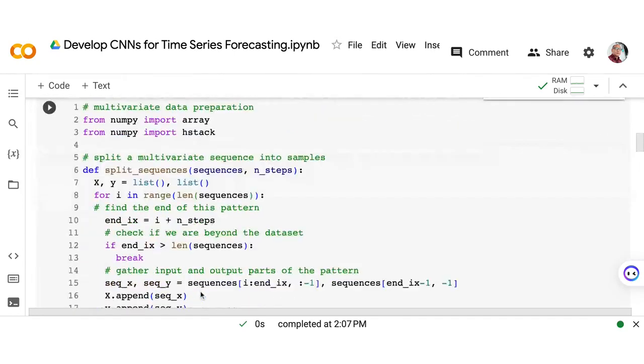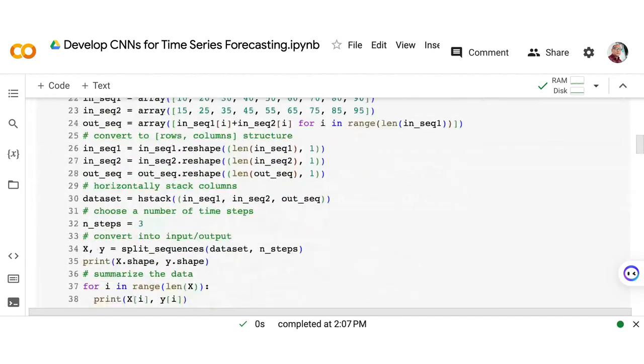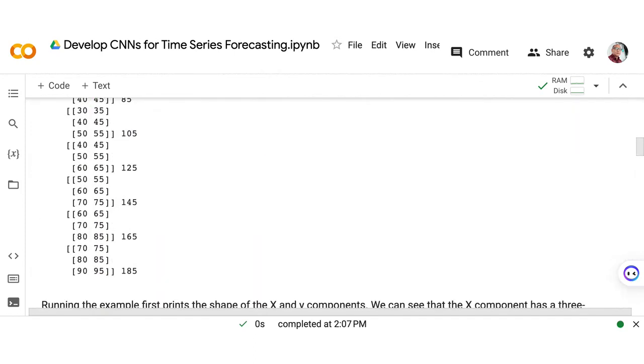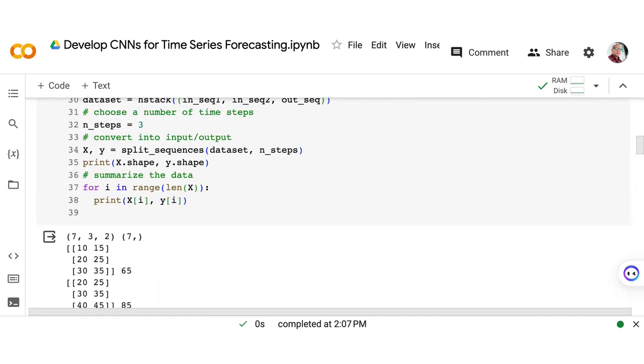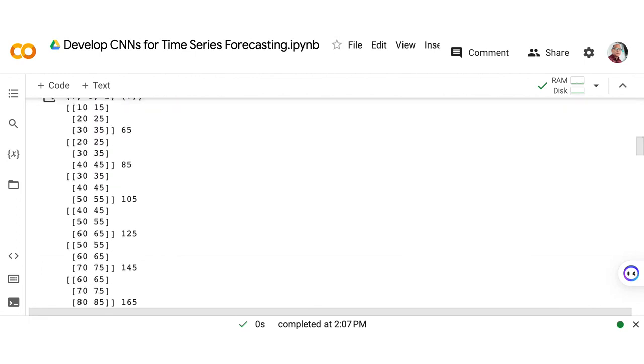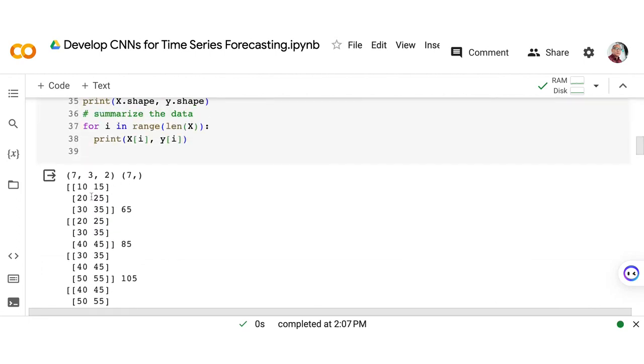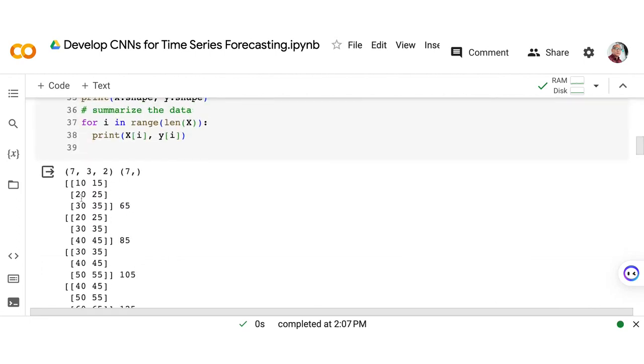Okay, so for the complete example, as you can see here, this is just for the data preparation. You can see here that we have split it. We have 7 samples, and then we have 3 steps per sample, and then we have 7 by 3 by 2 for our input.